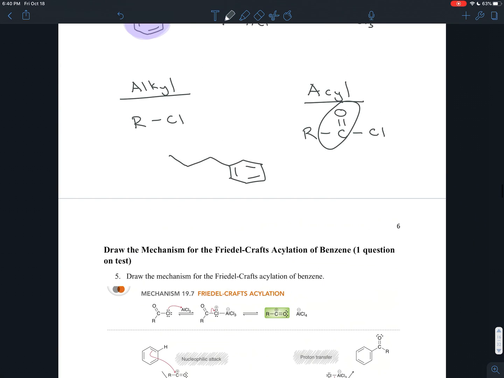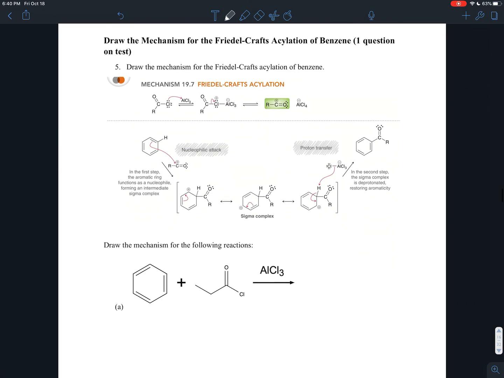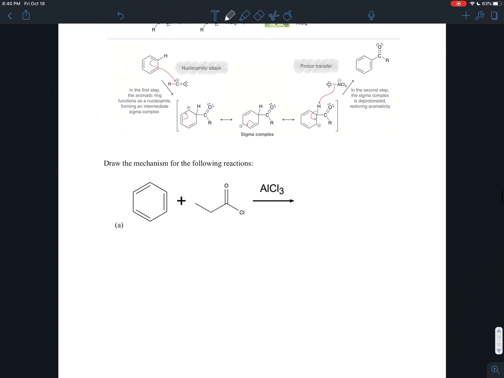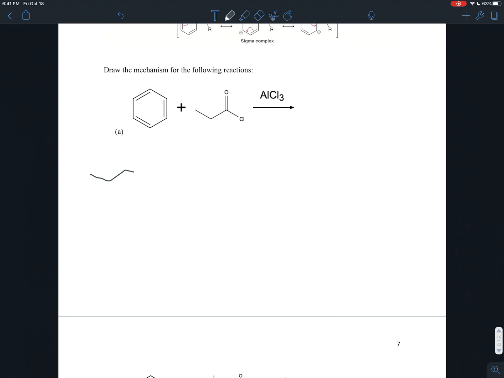So this mechanism will look really familiar. The only difference is this carbon-to-oxygen double bond and the stability that it gives the carbocation that you form. Otherwise, the R can be any group. So in this case, the R happens to be 2 carbons there. It says, draw the mechanism for the following reactions. Well, it's going to be, first,